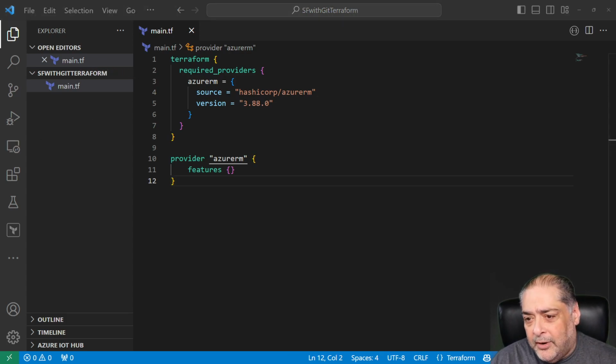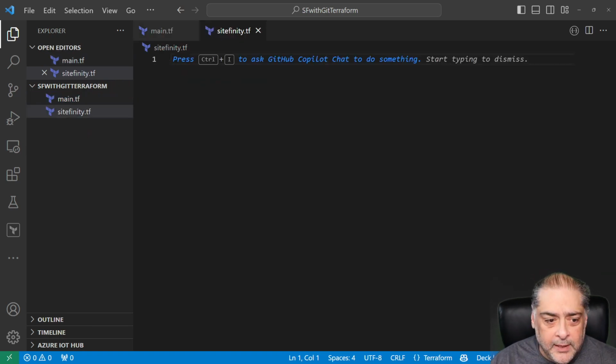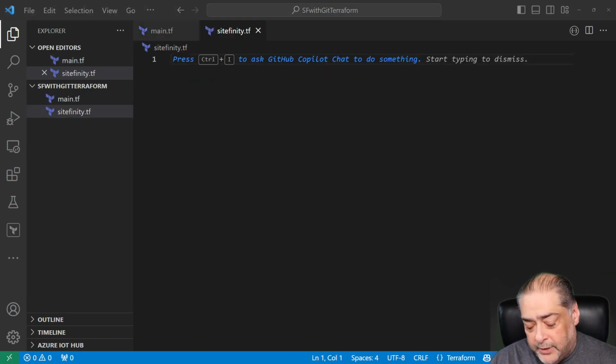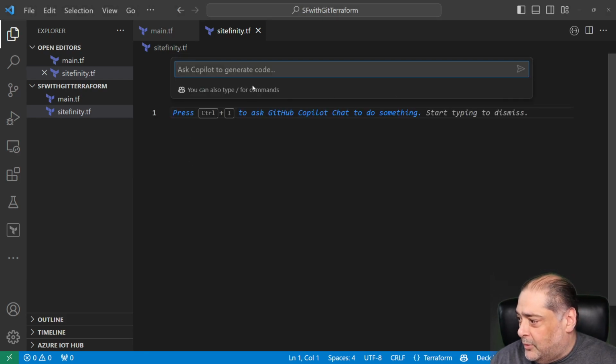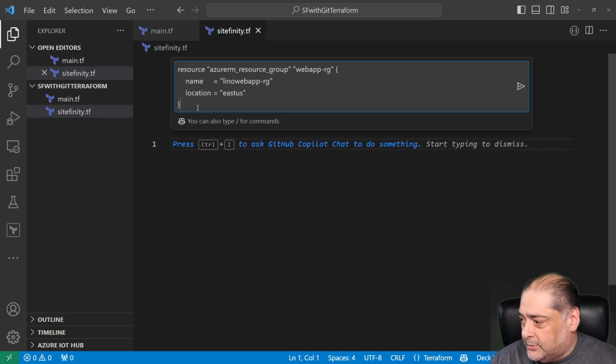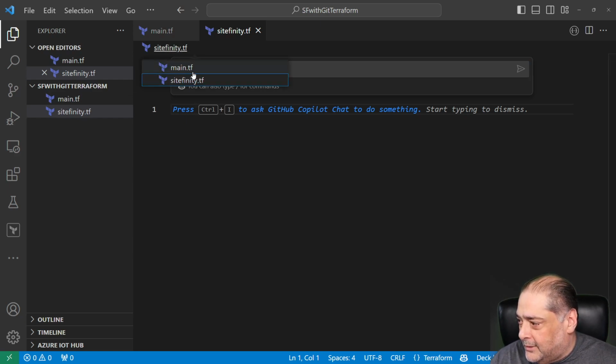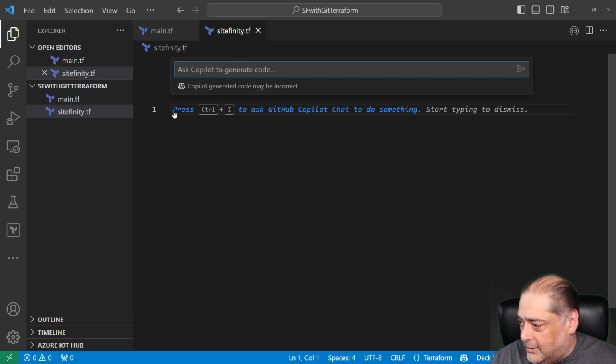Now let's go ahead and create the three pieces that I need for the Sitefinity one. So I'm going to create another file. We'll call it sitefinity.tf. And again, you can call it anything you want. And let's start by creating a resource group. In Azure, we have to have a resource group to start with. So let me go ahead and come in here and we'll do this. Oops, no, I don't want to do it in the Copilot. Thank you, Copilot. I'm going to remove this from here